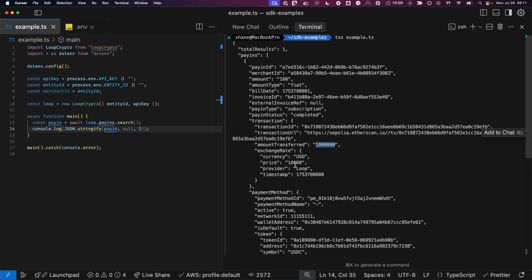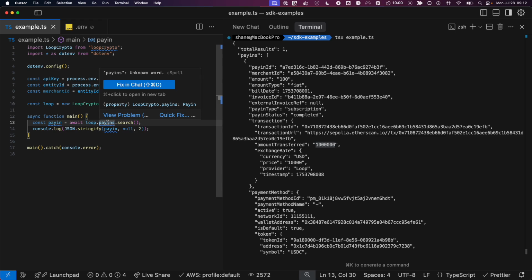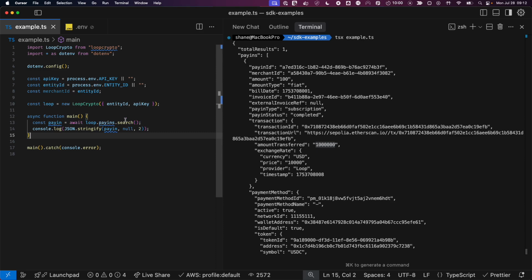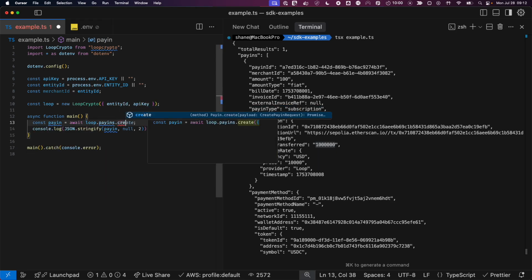So this is the information for that particular pay-in. Now this next part is really the power of Loop and the power of that authorization that the user gave. For any subsequent payments, I can now create pay-ins and charge that user's payment method. If they've signed up for a subscription, I can charge that payment method going forward. So how do I do that? I'm going to create a new pay-in using the SDK. I'm going to use my same pay-ins object and say create,